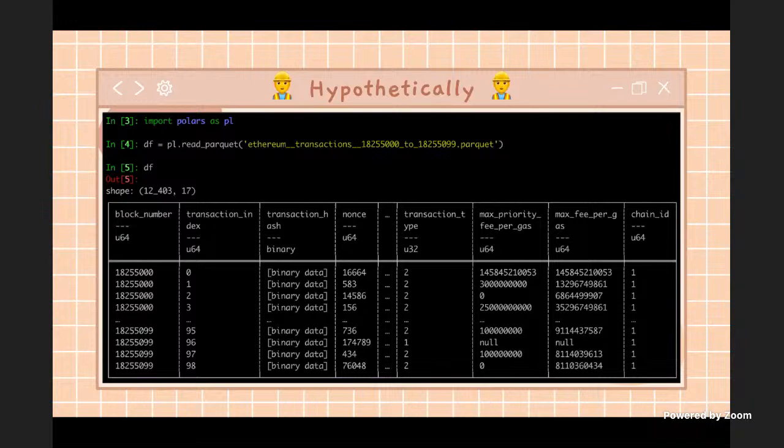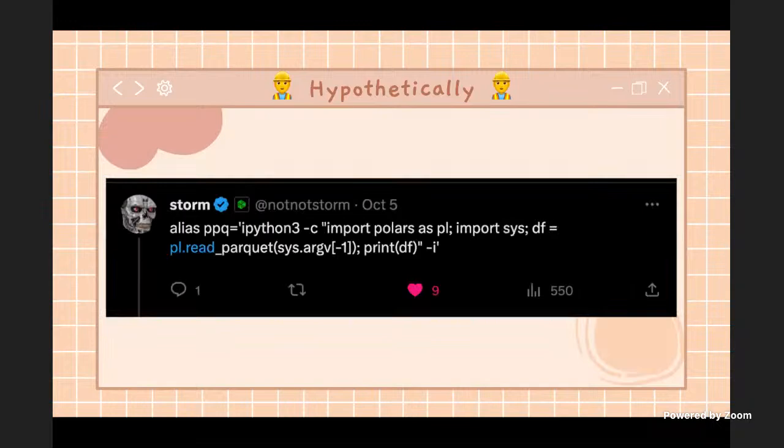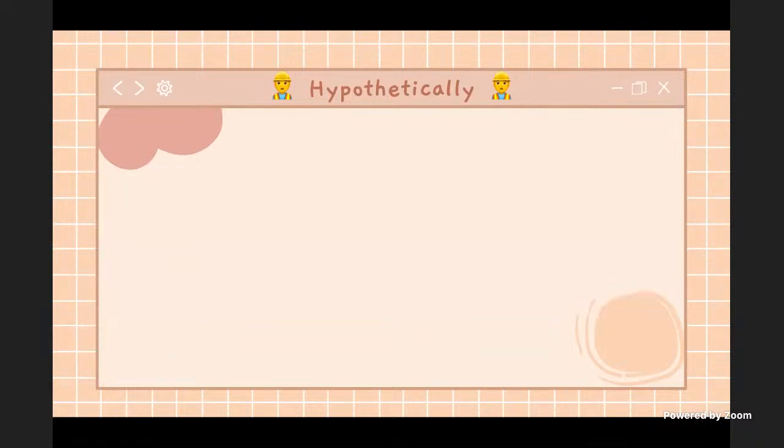agile these days. But luckily, Storm, who has graciously provided us with this tool, has introduced this alias, PPQ, Python Parquet, I presume, where all you have to do is put this alias into your bashrc file or your profile config file or something. And then you can now instantaneously